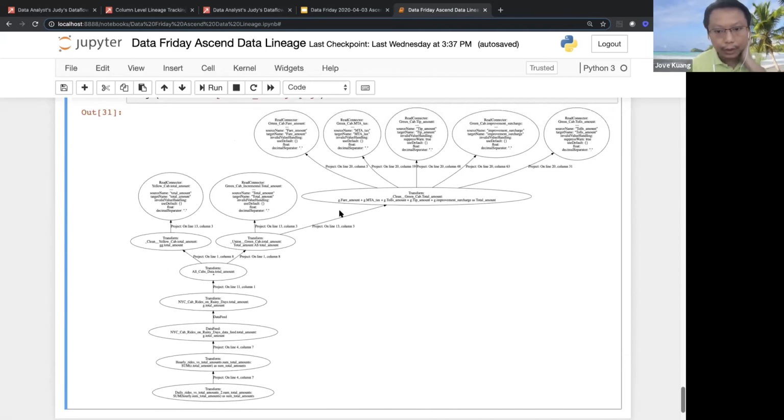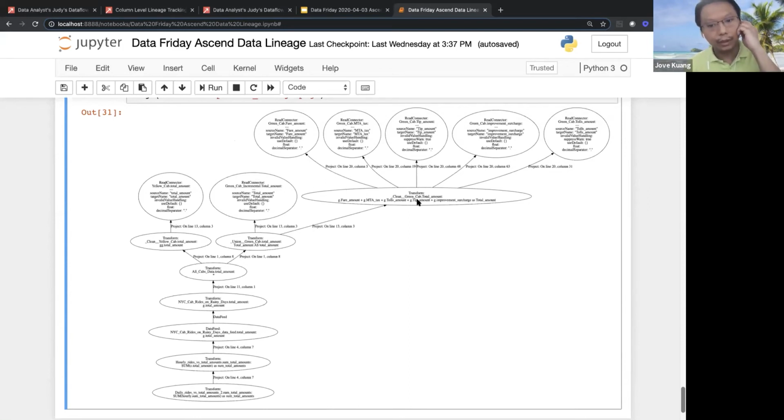So over here, I'm just tracing all the way back. As I mentioned before, it's doing a union, and this is the all cab data amount. So basically a union of the yellow cab and green cab. And again, green cab is a union of this reconnector green cab incremental as well as another transform.